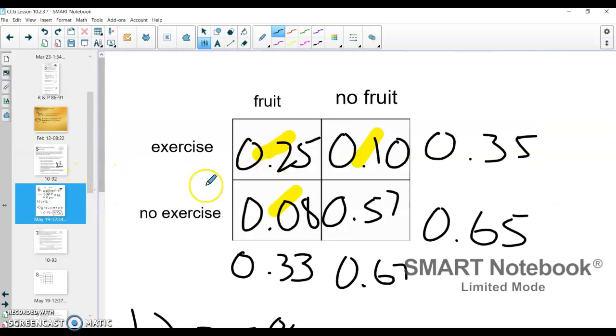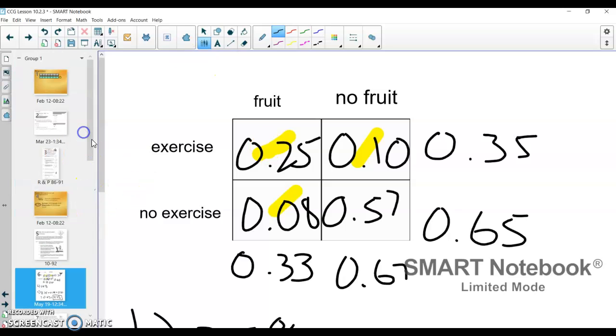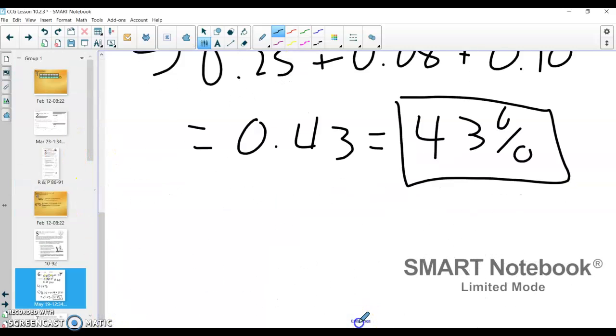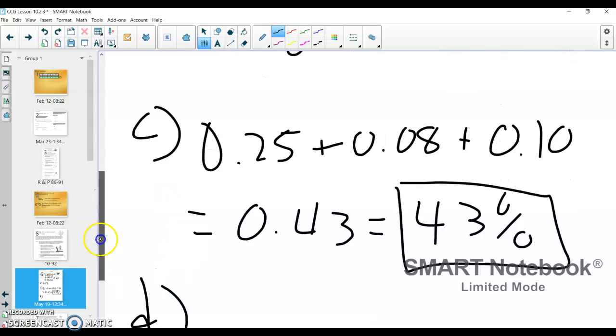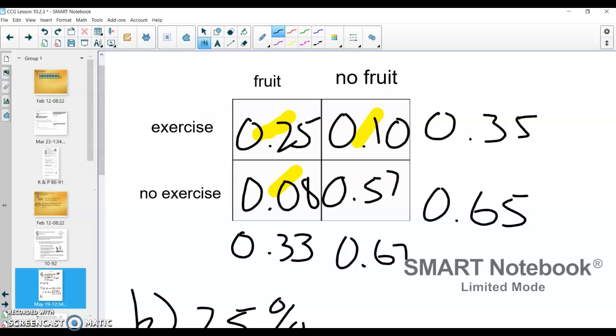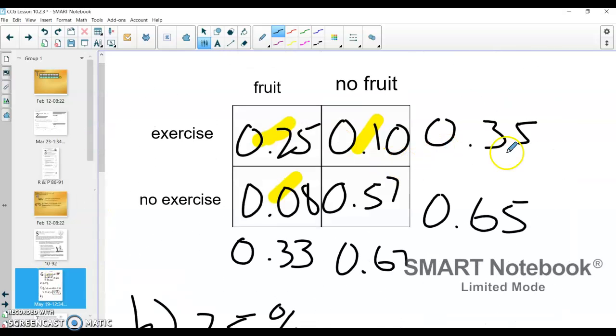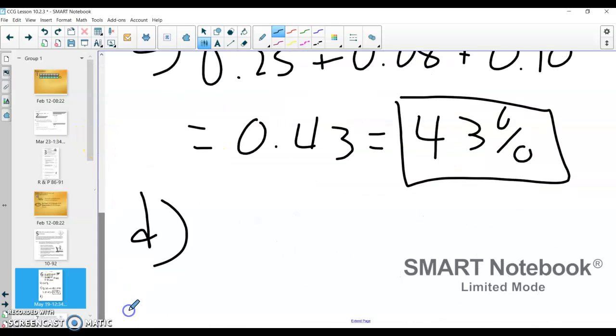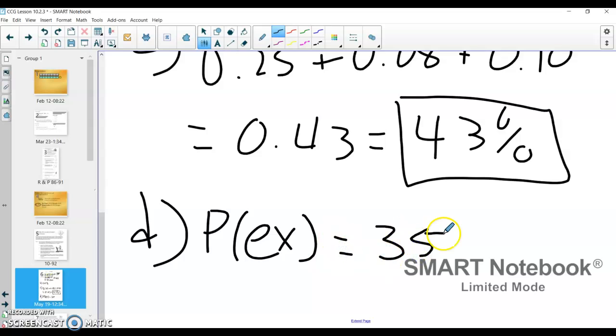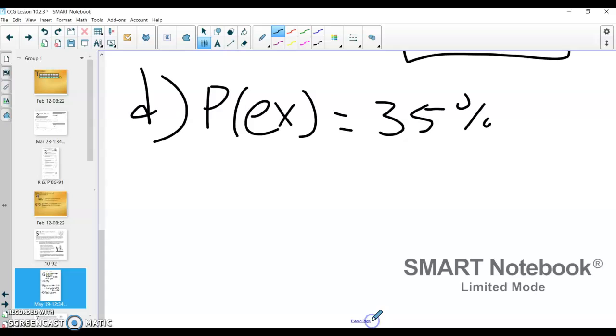So what we're going to do is take the probability of exercising, and then the probability of exercising given that we know they're eating fruit, and we're going to see if those 2 probabilities are the same, because if they're the same, then they must be independent. Okay, so for D, the probability of exercising, we have 35% are exercising. Probability of X, and I'm just going to say that because I don't want to write out exercise, is equal to 35%. Now, what about the probability of exercising given